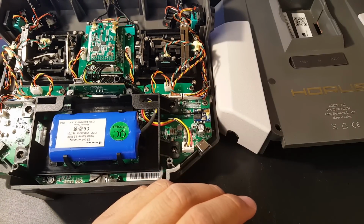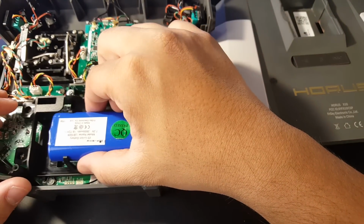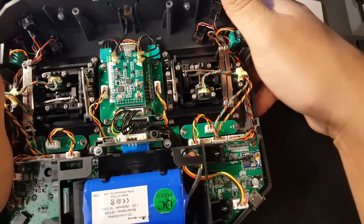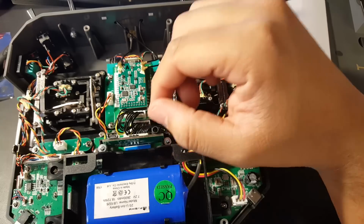I think they're using lithium ion batteries here. They seem like it, yeah, 18650s. Yep, lithium ion. Alright, so that's pretty cool. We'll do like a tear down in the beginning here. Here we have our little gimbals. I don't want to lift it up too high. And this. You know, I think